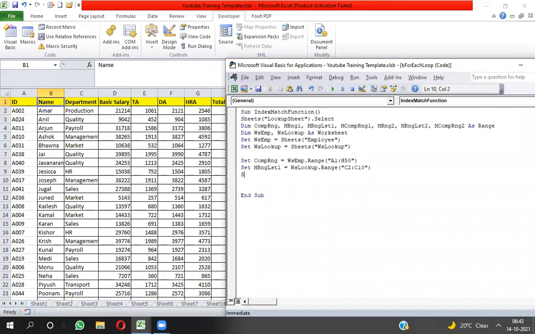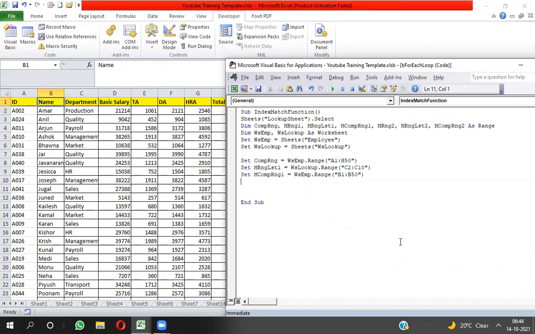So here I will use mCompRng1 equal to the employee sheet reference. The sheet is set in ws imp, so I will take ws imp dot Range, and here I set B1 to B50.